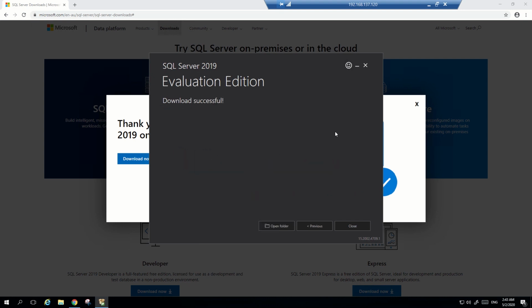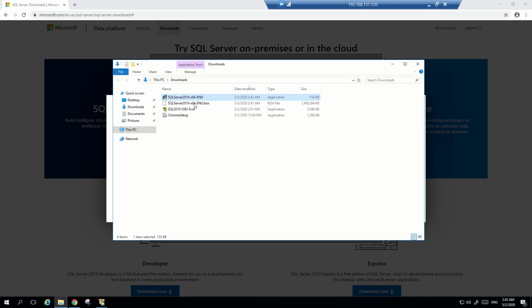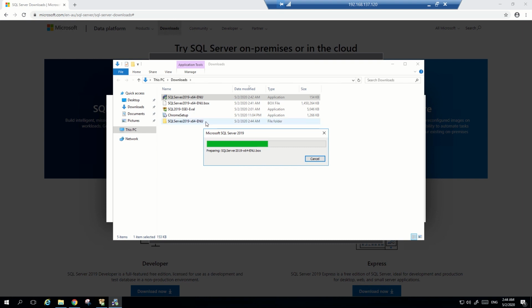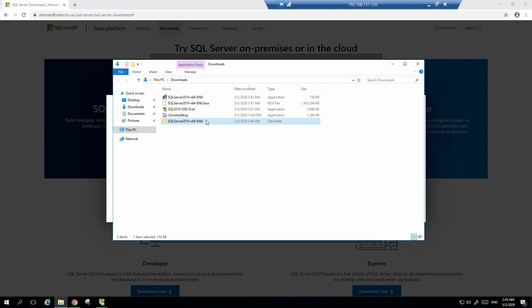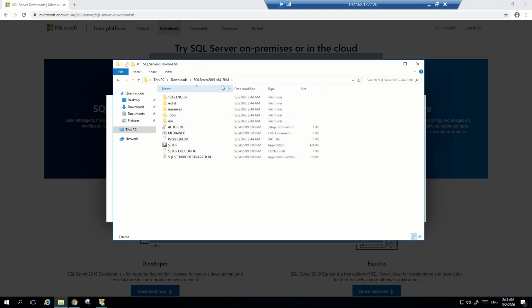Friends, our download is completed. So let's see the downloaded files. We got two files. One is the exe file, one is the box file. This is not the ready setup to use. We need to unbox this .box file. To unbox, we will run this exe file. It will ask for the location where it will unzip the file, or unbox the file. Just say OK. This exe automatically creates a folder for you. In the next lesson, we will install SQL Server 2019 with this setup and discuss the multiple components available during installation.